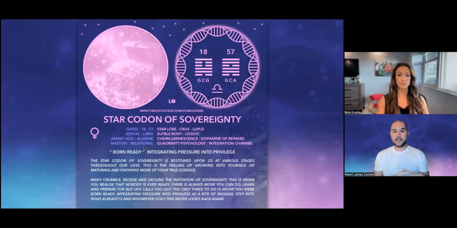And again, in the subtle bodies, one of the things I love about this is it starts to express which part of our aura is this connected to. And so this is the highest sort of body within the aura, which is the logoic body. And it's not very well known and not many people speak about it because it's seen as this sort of transcendental idea, like the logos. So like the word or the consciousness itself. And so it makes sense that sovereignty would be right at that sort of level of, in order to step into this, I really do need to sacrifice an aspect of myself that doesn't serve me anymore. I need to step into who I truly am.